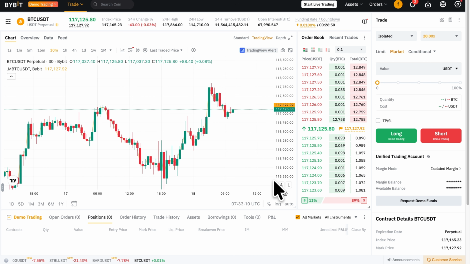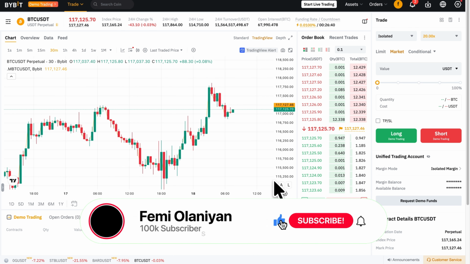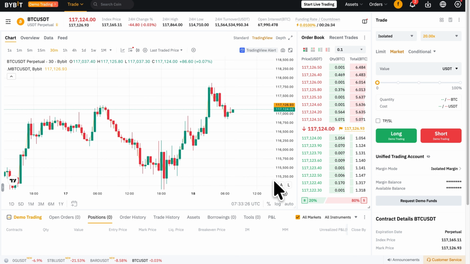It also helps you to limit your losses in the market. So if you are trading and you are trying to maybe limit the amount of money you want to lose or maybe reduce your losses, this is a feature you should know how to use. And number three is that it also helps you to remove any form of emotions from your decision making when you are trading, especially with futures trading. And also it helps you to balance your risk and your profit when you are trading, especially when it comes to risk management. So all of these are the things that you can do with trailing stop loss on Bybit